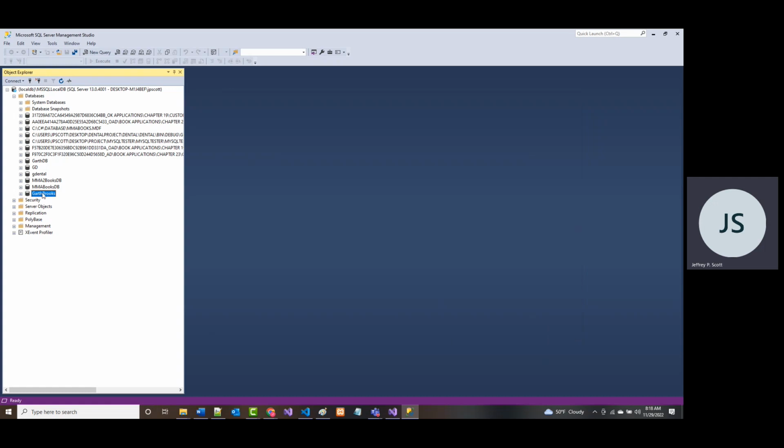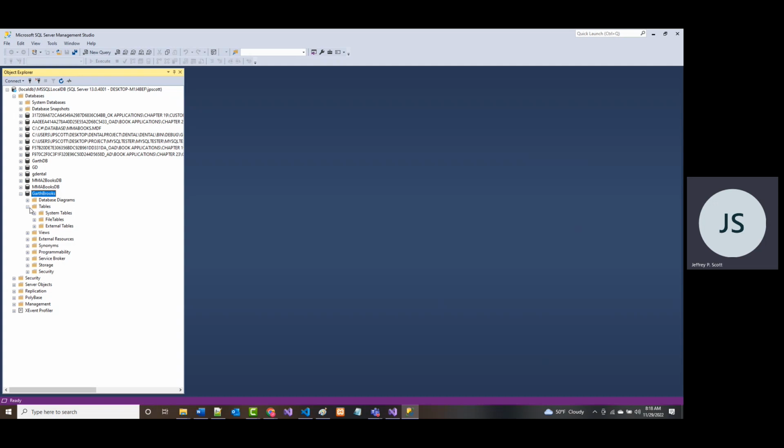If for some reason it doesn't show immediately there, which is possible, it shouldn't happen, but if that does happen, you go up to here and you click that refresh, and then it should show in here. So now I've got that, but I don't have any tables in here. I have no tables, etc., that I've created.